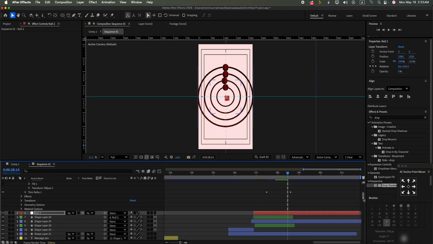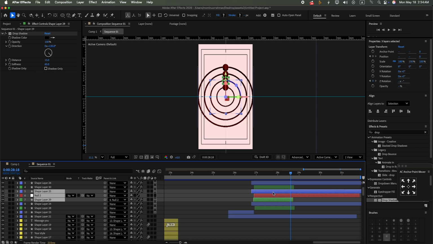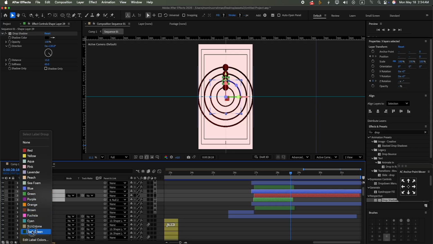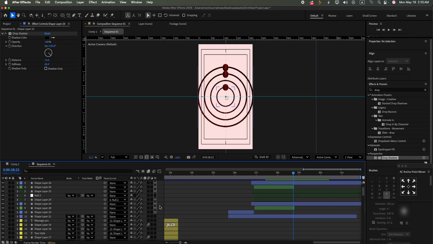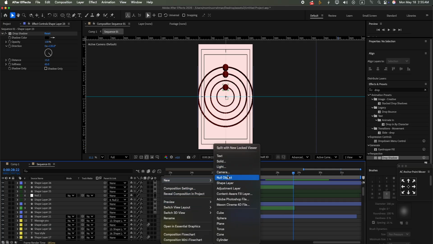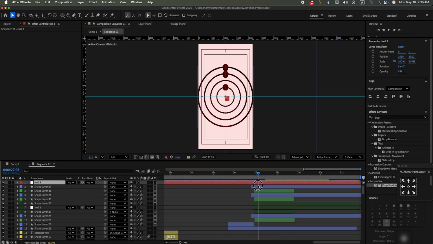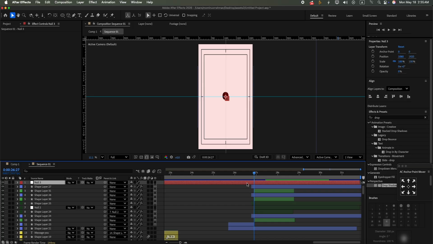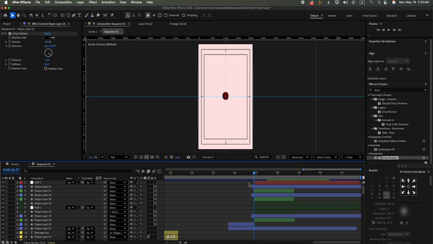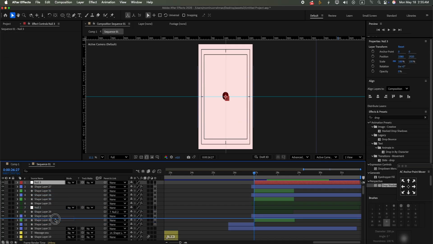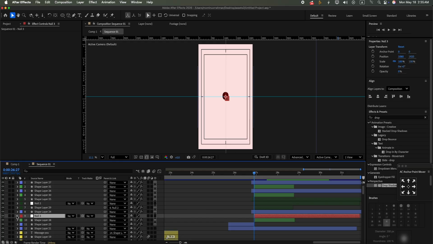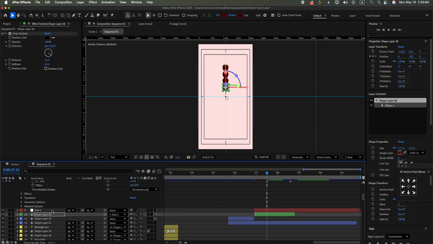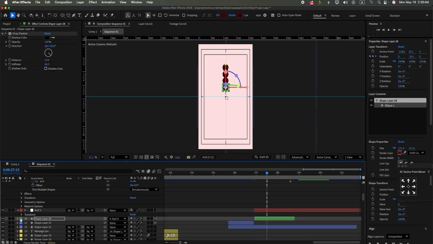Okay, and change the color dark green, and go to the new and take another null, and again split it and delete first term, and again connected the null object, transform,